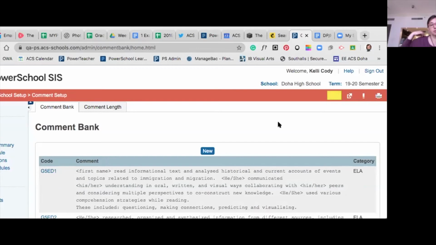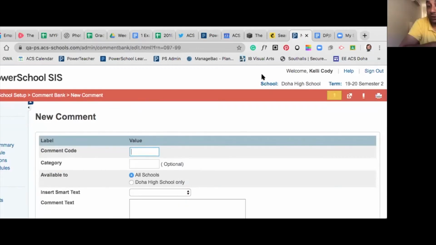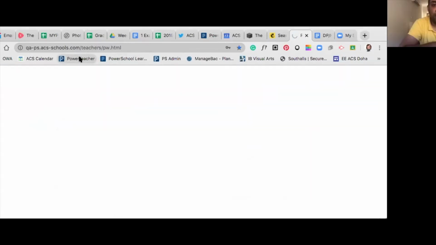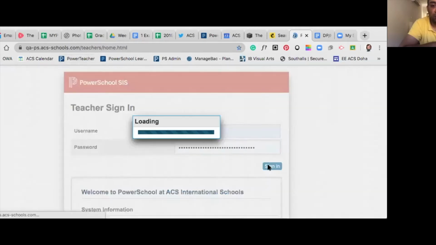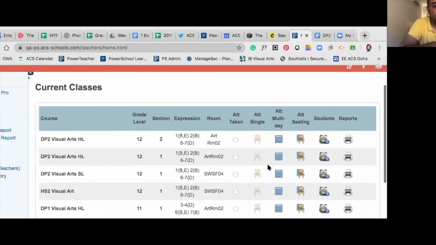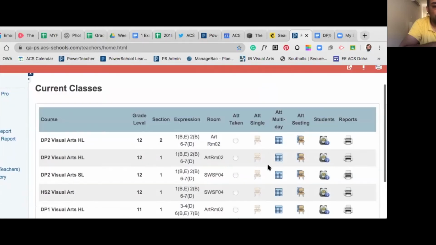Right. So you keep doing it, and then this will build up your comment bank. Can you go to your gradebook, or do you want to do comments first? No, I can sign out and go to gradebook. That's fine. And then you can add the rest later on, just to see how it works. So if you go to your gradebook and go into your PowerTeacher Pro,